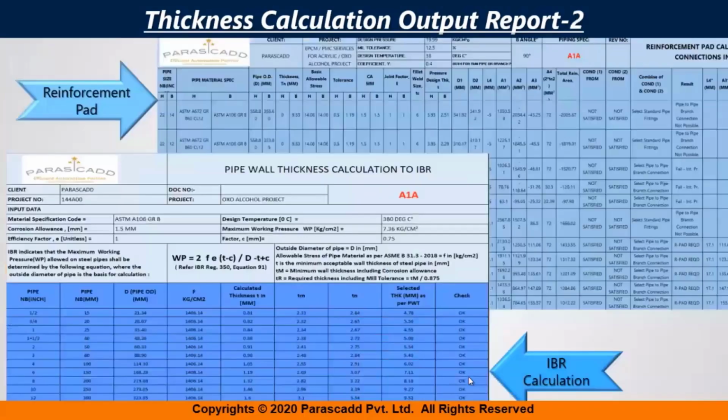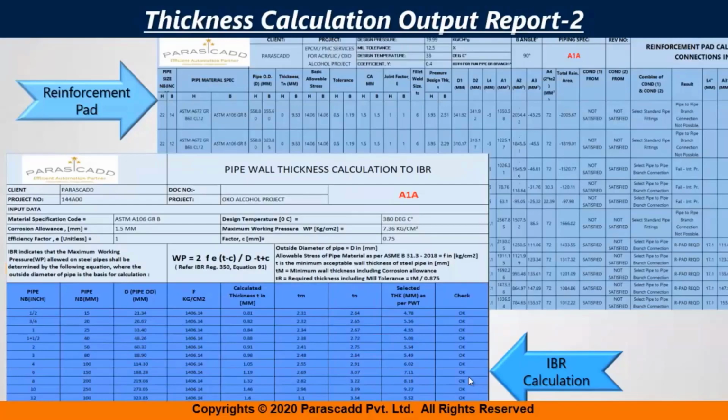So reinforcement pad data, that is according to the sizes, according to the spec, whether that particular factor is pipe to pipe branch connection, whether it is possible, whether it fails the internal pressure test, or if an RPAD is required, all these things can be taken out just by one click in our software, because we already have the B31.3 data inbuilt for us. Just you need to segregate according to the spec.